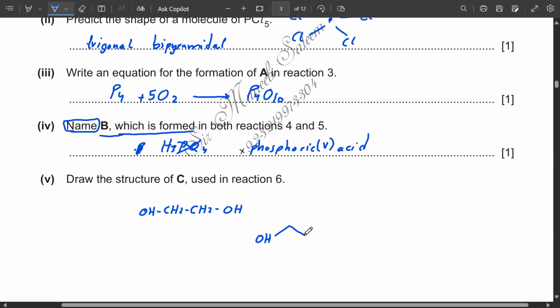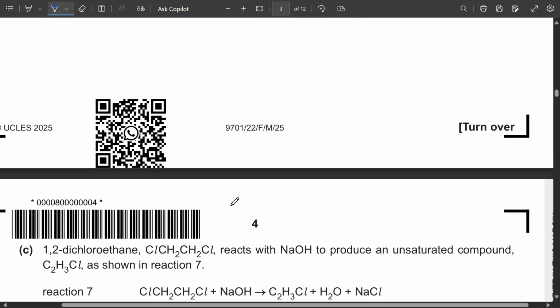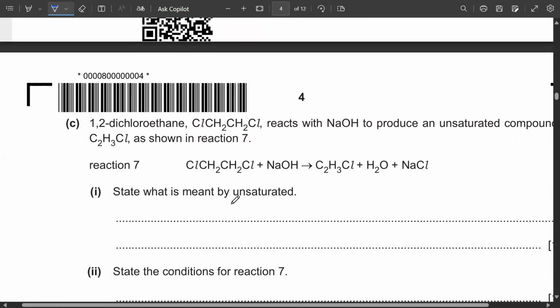This intersection represents another carbon atom, and then OH. That's the skeletal formula of the same compound. Then next question: